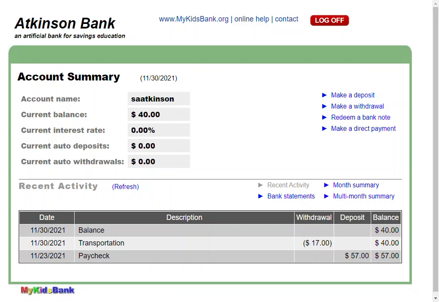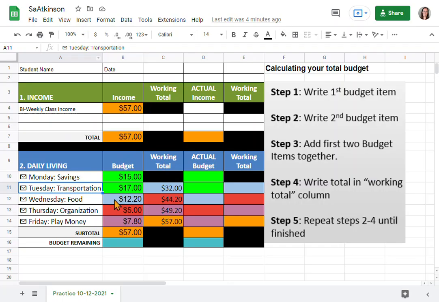Now I want you guys to go do the same thing for your 4 categories: transportation, food, organization, and play money. I want you to leave savings in your bank account. If you have any questions, please don't hesitate to